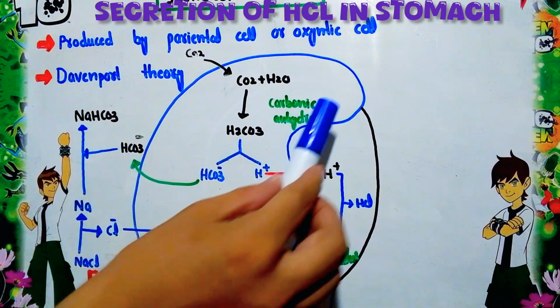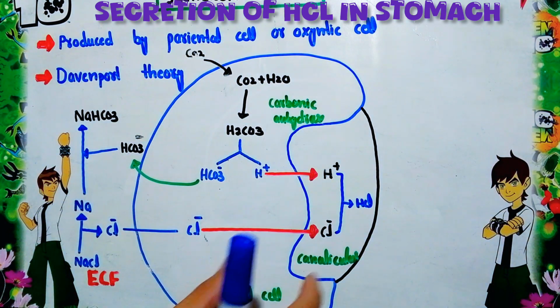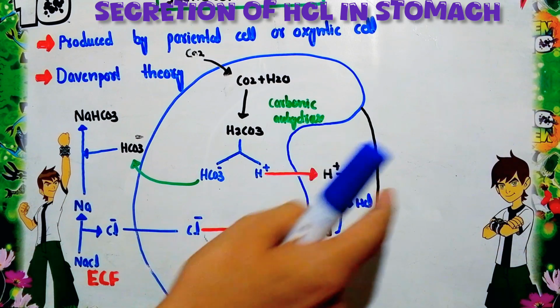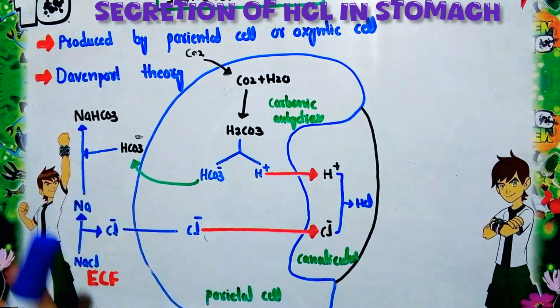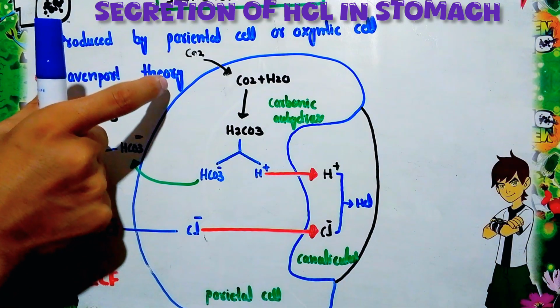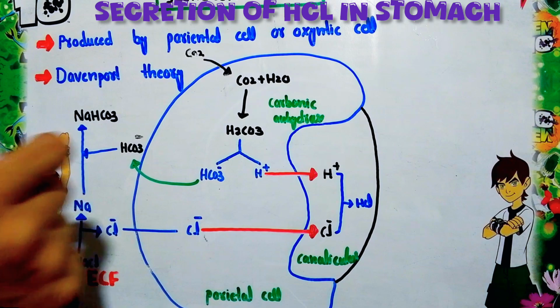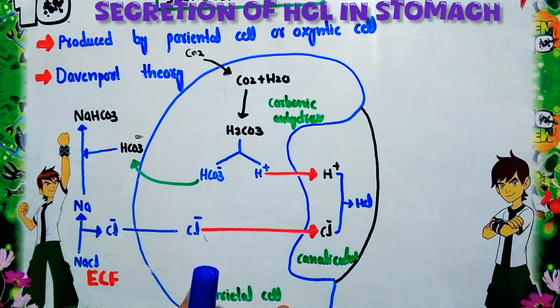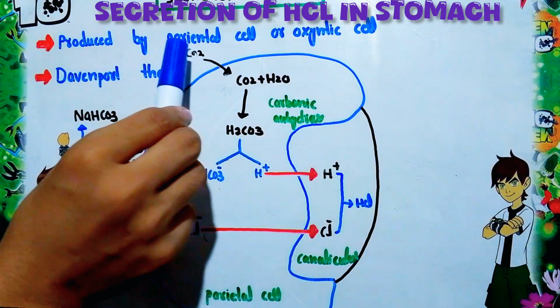This is the structure of the parietal cell, and the channel of the parietal cell is called the canaliculus. The space around the parietal cell is called the extracellular fluid, simply said as ECF. According to the Davenport theory, the carbon dioxide that is metabolically produced in the parietal cell, or that may come from the blood,